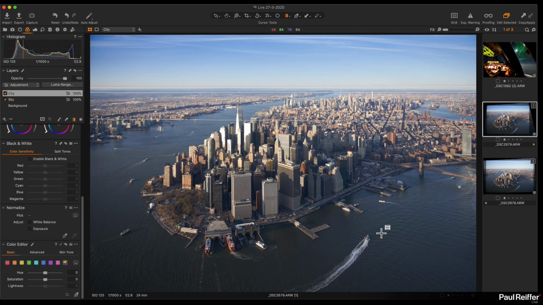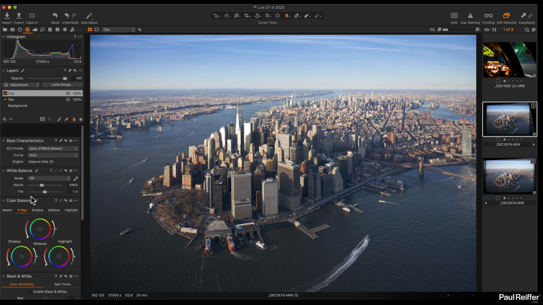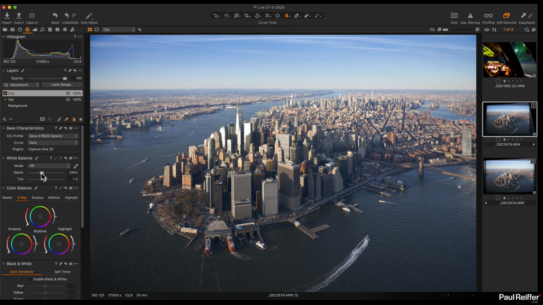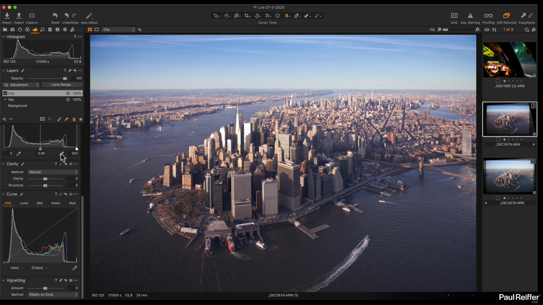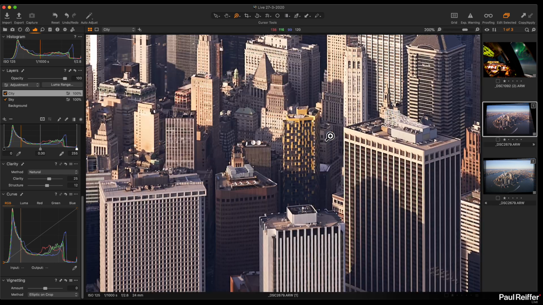Okay, so with our city selected now, and in fact, because we only want to affect the city, I'm going to also pull up this area here, so the transition is quite harsh. And with our city, we're going to actually warm up a little bit and add in a nice amount of clarity and structure. There we go. So if I look at the difference in these buildings down here, for example, without that mask,